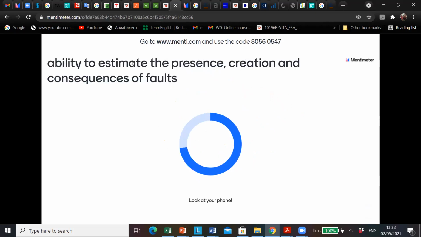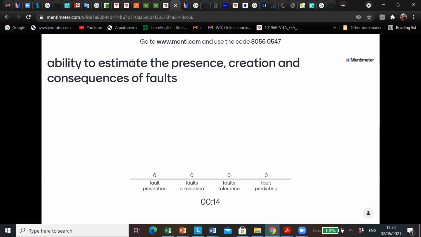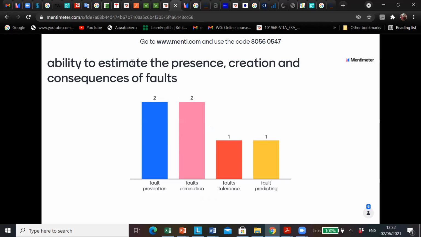Okay, so: the ability to estimate the presence, creation, and consequences of the fault. Is it fault prevention, fault elimination, fault tolerance, or fault prediction? And it's fault prediction.